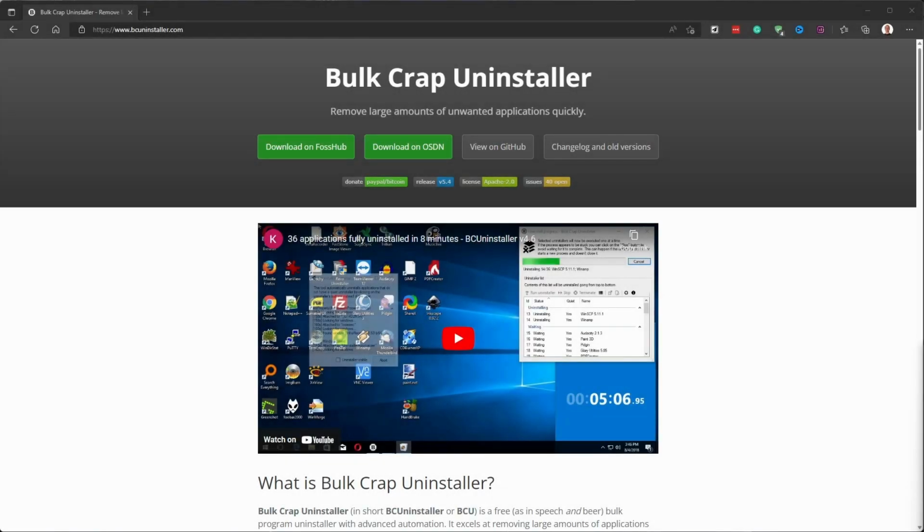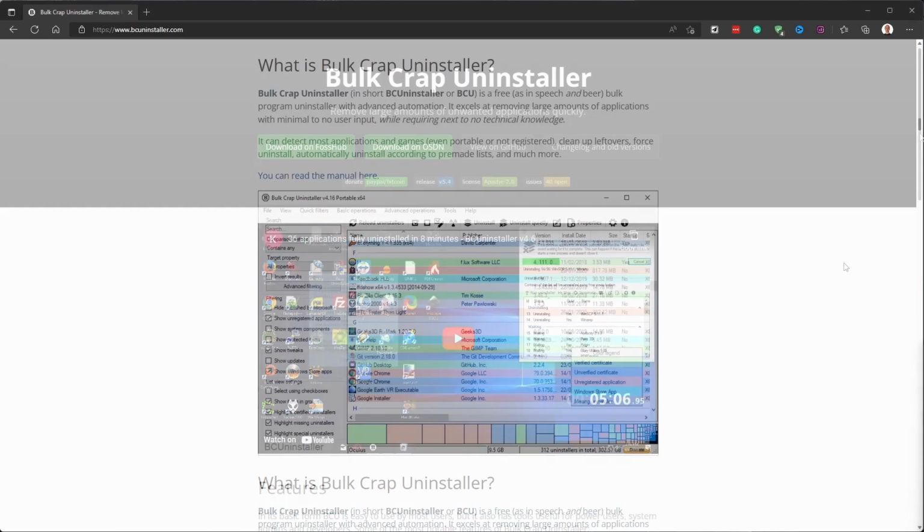In an earlier video, I talked about an easy and efficient way to install multiple applications. Here is the counterpart for that. An application that lets you uninstall one or more programs efficiently and effectively by removing all the junk that the Windows uninstaller usually leaves behind. I'm talking about the Bulk Crap Uninstaller or BC Uninstaller.